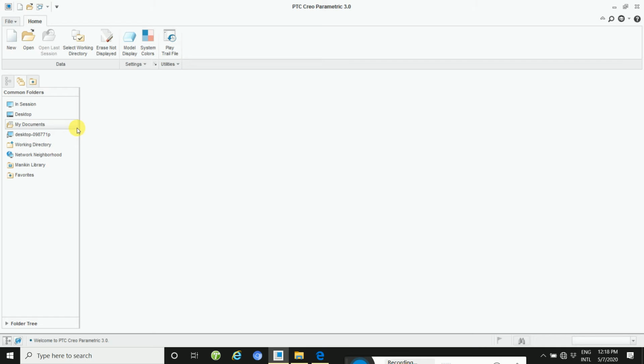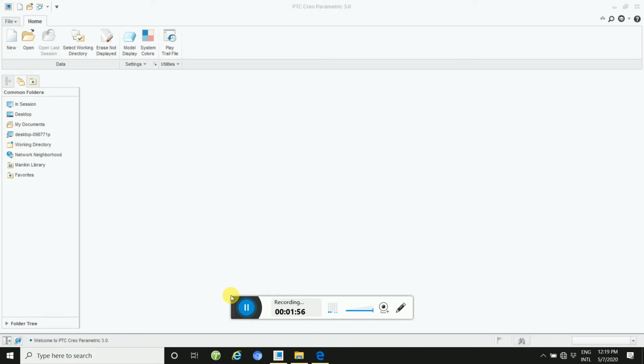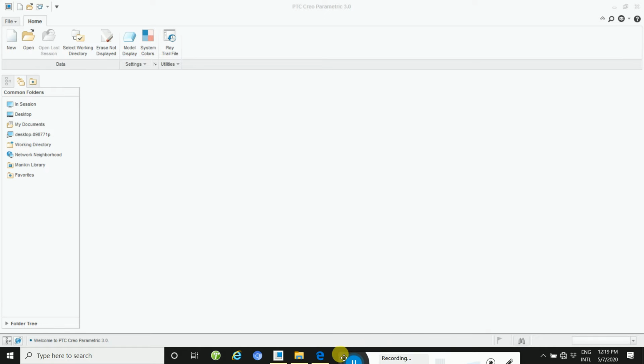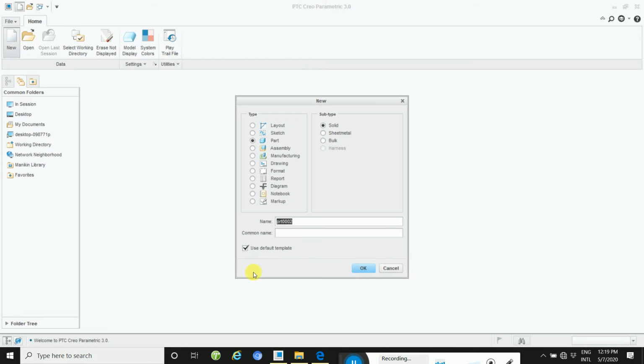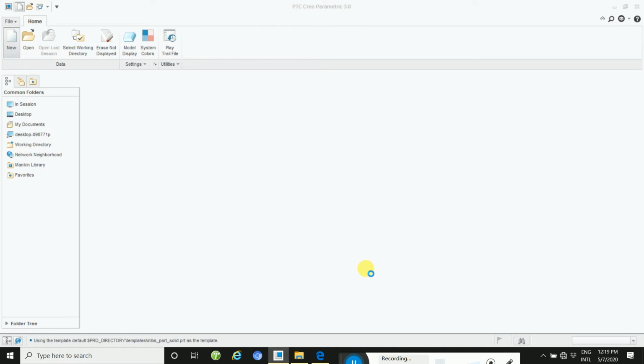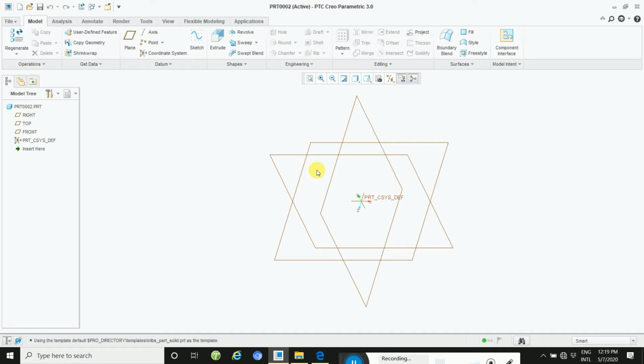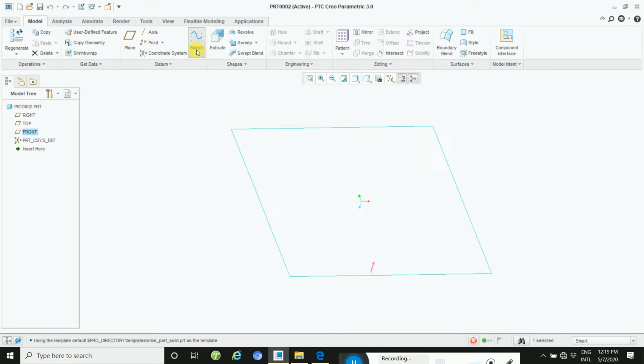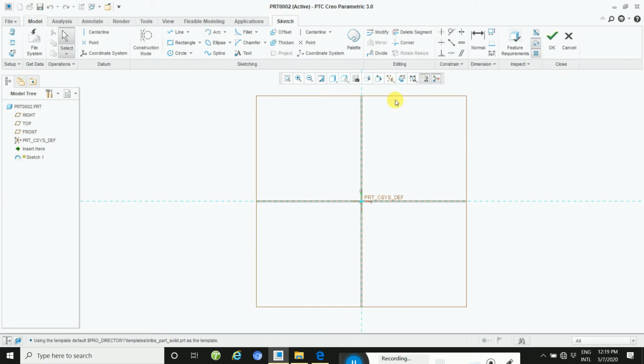So let's start. Go through new, then click on select the part. Then select sketch, then hide this.